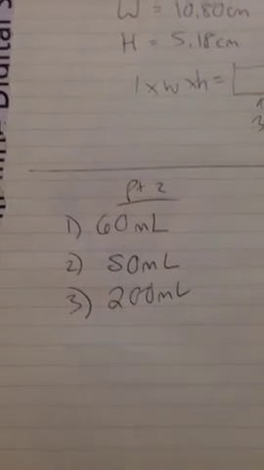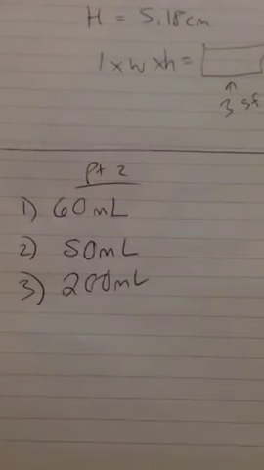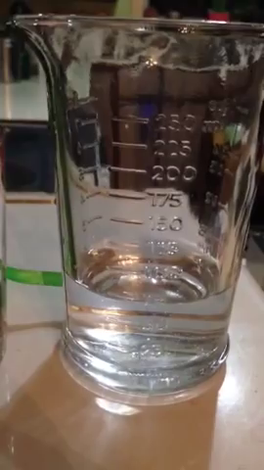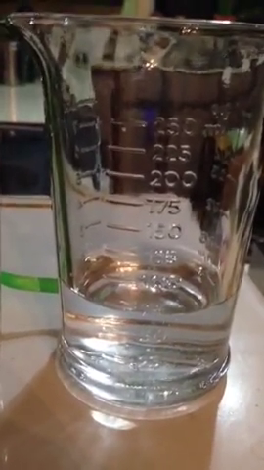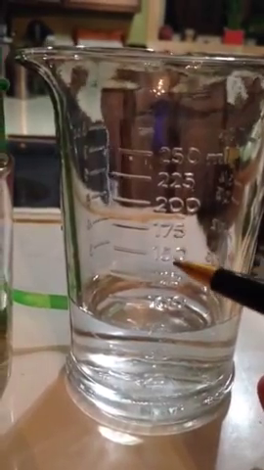So these are our three measurements. Really important, when you upload your data sheet and your lab, either a video or a picture, I definitely want to see a good picture of your measuring device. So make sure you show me something like this, where I can see the maximum and I can see the increments. That's really important. I can see that this goes by groups of 25, which is different than this one. It goes by groups of